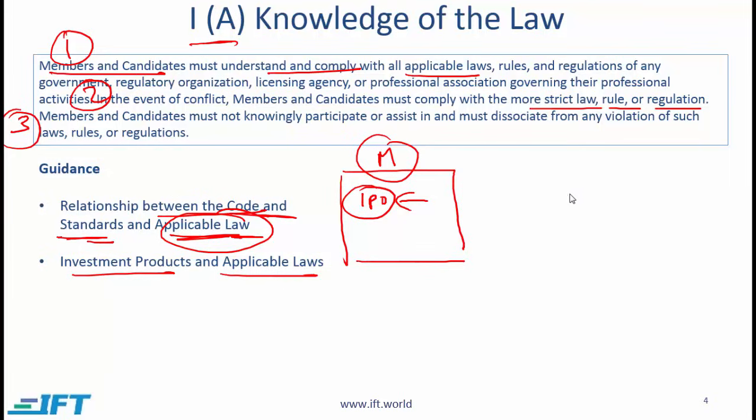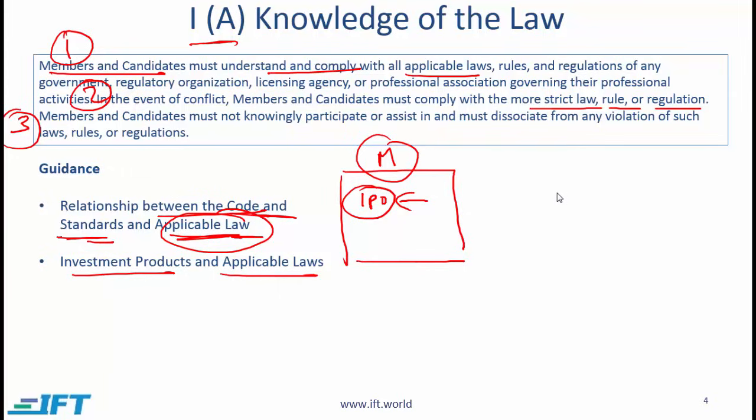So say you are currently based in Central Asia and you are selling investment services and products to various countries in Central Asia, but you are a US citizen and you also are pursuing the CFA charter, so the code and standards apply to you. Now, the question becomes, as a US citizen, do you follow the US law? Do you follow the law of the country where you are currently residing? Do you follow the laws of the country where you are selling your products and services? Do you follow the code and standards? So all this is explained in Exhibit 1.